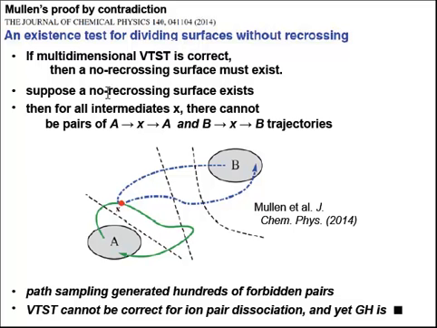So Ryan supposes that there's no recrossing for some dividing surface, and just notes a logical consequence of that. That's that any trajectory that goes from A, passes through an intermediate state x, and goes back to A, cannot also be visited by a trajectory that goes from B, passes through intermediate x, and goes back to B. The reason is, of course, if you look at this picture, you can see that you can never divide space without cutting through one or both of these two trajectories. So that would mean that you have these recrossing events.